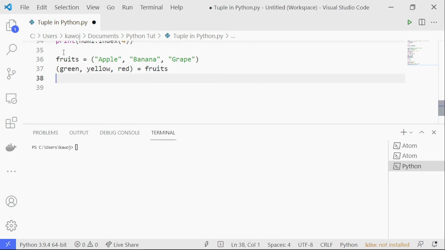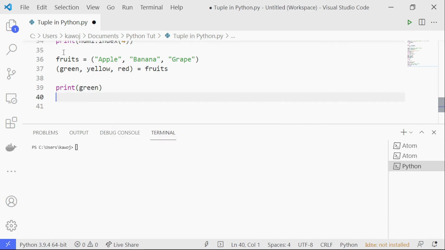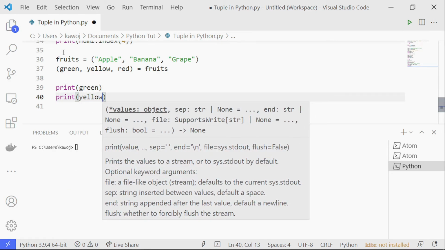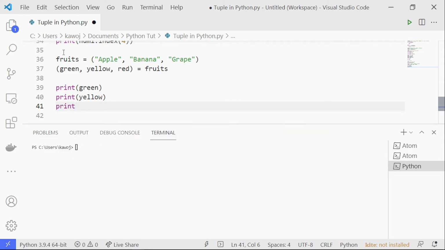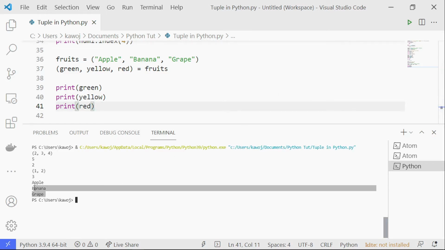Now if I print green, print yellow, and also print red, and run the code, we got apple,